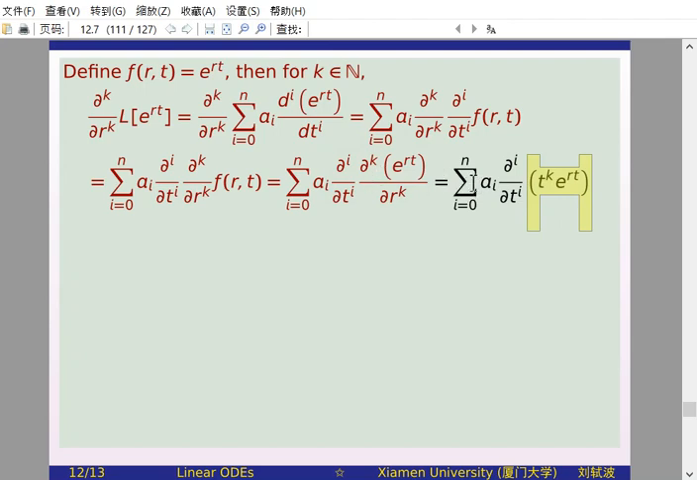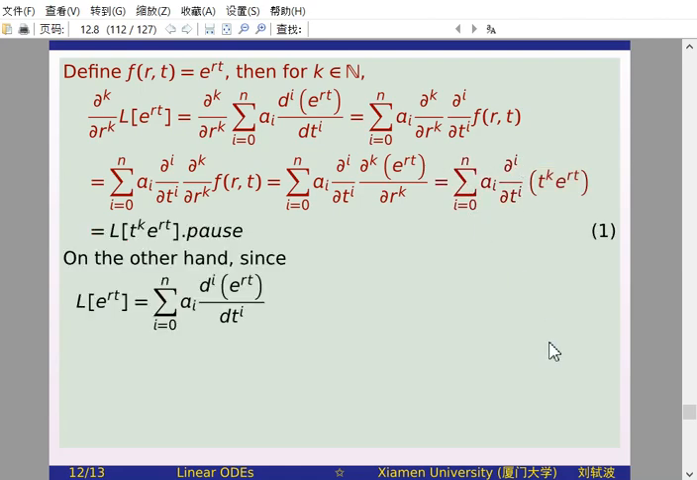So our result is the sum of a_i times the derivative with respect to t i times. The derivative with respect to r k times already disappears, because we already figured out the result, so the derivative operation is complete. Therefore, it will not appear in our last result. Consider this last result as a function of t: it is precisely the i-th order derivative of a function of t, multiplied by a_i and then summed up. Therefore, this is precisely